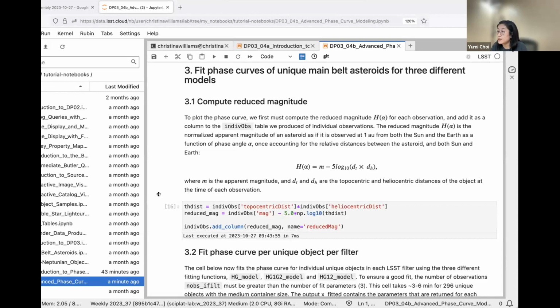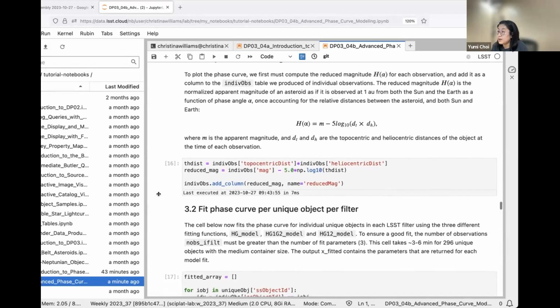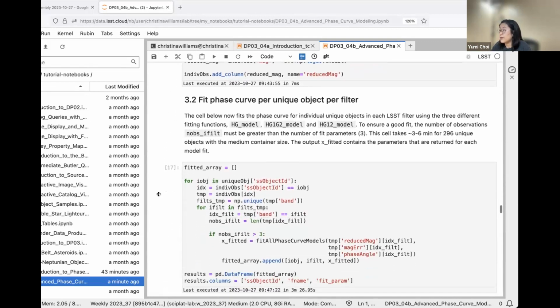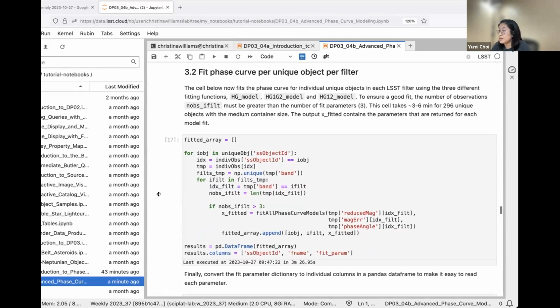We calculate the reduced magnitude first, and then for each unique object we fit the observed data with the 3 different phase curve models in this cell.